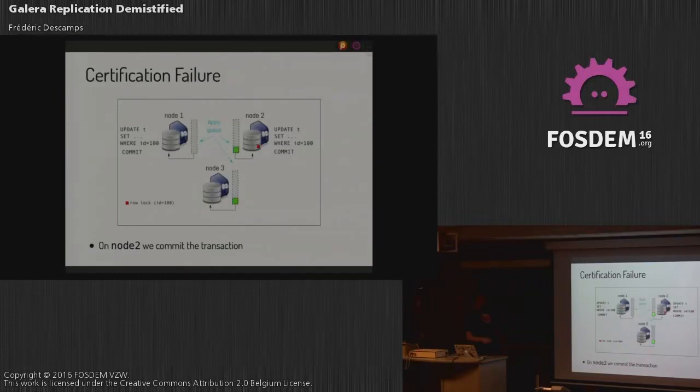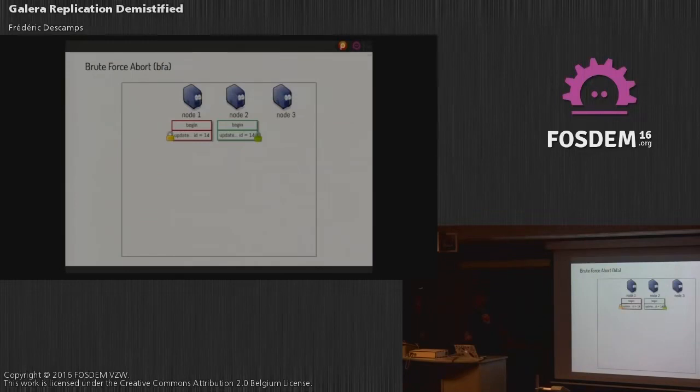When we commit here, certification will check with the queue if there is anything that has to be applied that could conflict. And here, when it commits, certification will fail. Here, certification for this will fail also because there is a conflict. It has a conflict because we keep the information we have changed. So certification fails, and we return an error. Everywhere certification fails, we will not commit the information. And here we have a rollback, and we send an error to the application.